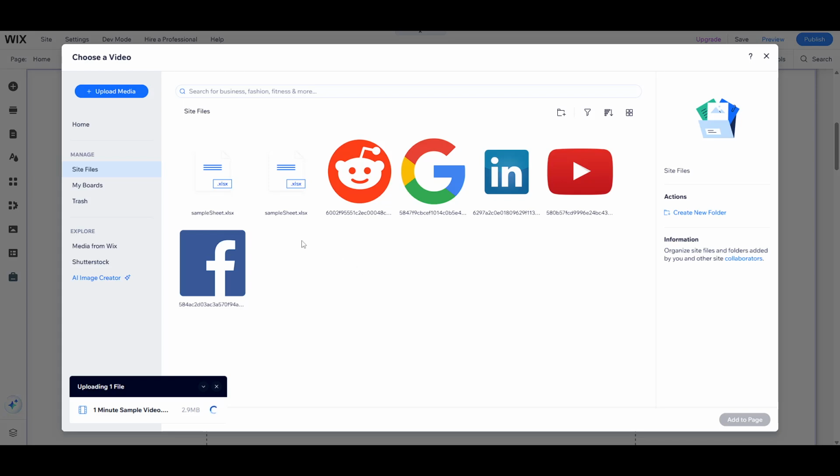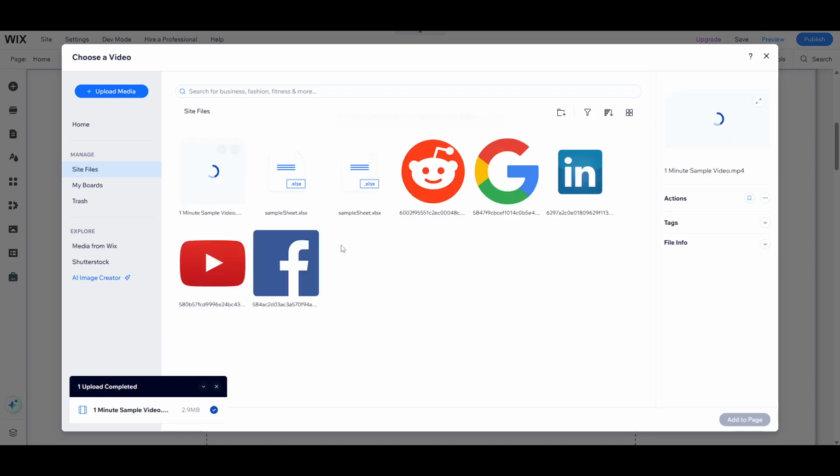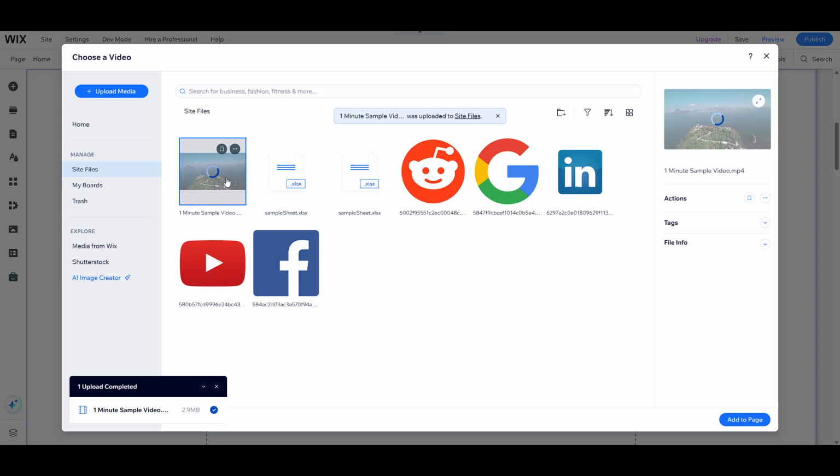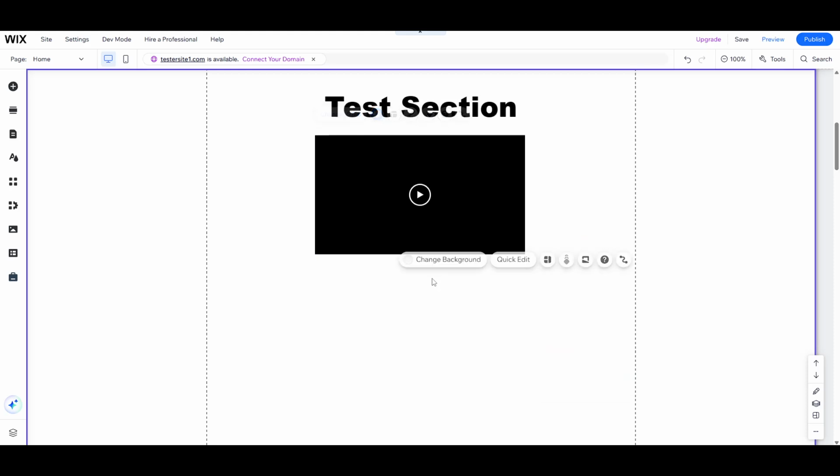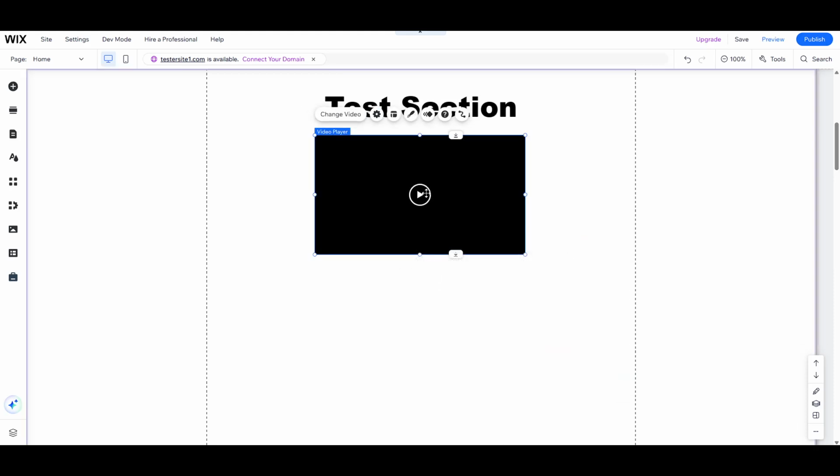In conclusion, adding video content to your Wix website is not just about following steps, but about unlocking a powerful way to connect with visitors. Remember, a little creativity goes a long way in how you present your visual story. With these tools at your disposal, your website will be well on its way to captivating audiences and communicating your narrative with clarity and impact. Happy editing, and enjoy bringing your website to life with